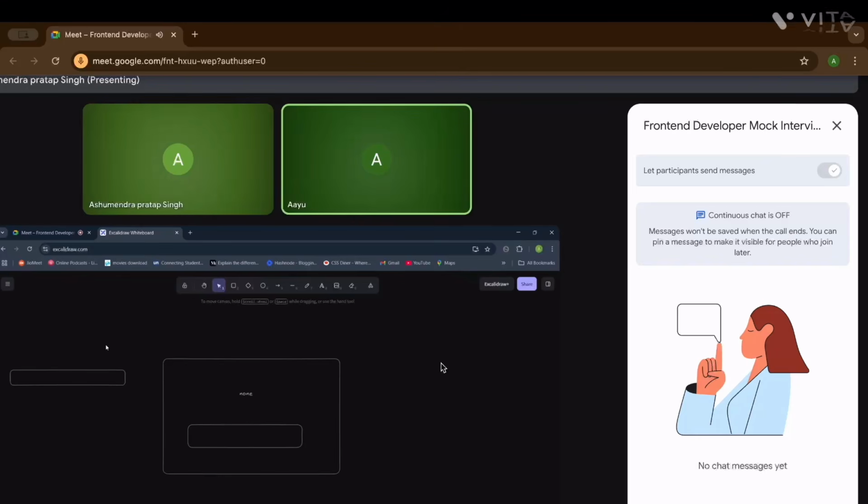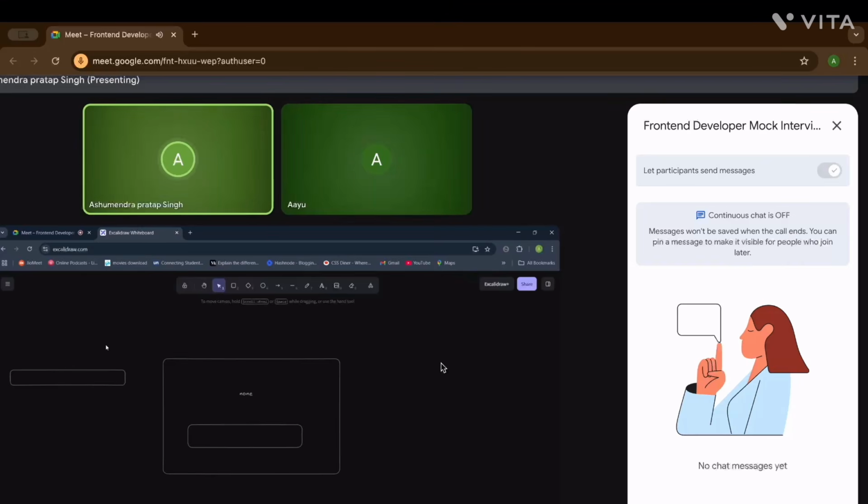And what is the difference between the Context API and Redux? Context API is basically built in, which React gives. It's a hook, and Redux is something we get from outside. The use of both is for global state management. Context API is basically used for a small project, and Redux is for a large project.